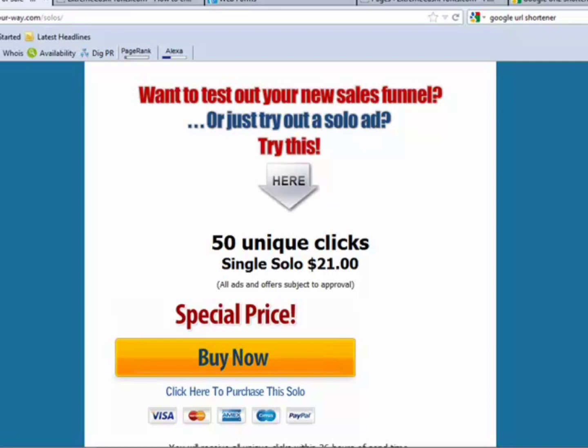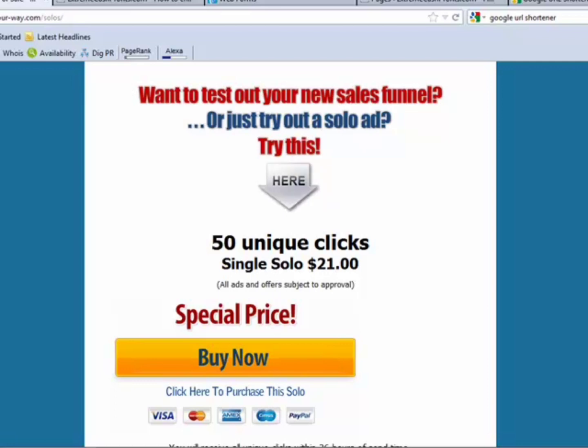and this leads us on to the next step. Don't just send them your squeeze page main URL, because this is completely pointless. We have to track all of our campaigns, so this is what I'm now going to show you how to set up. It's very simple to do. So we've purchased our first solo ad,